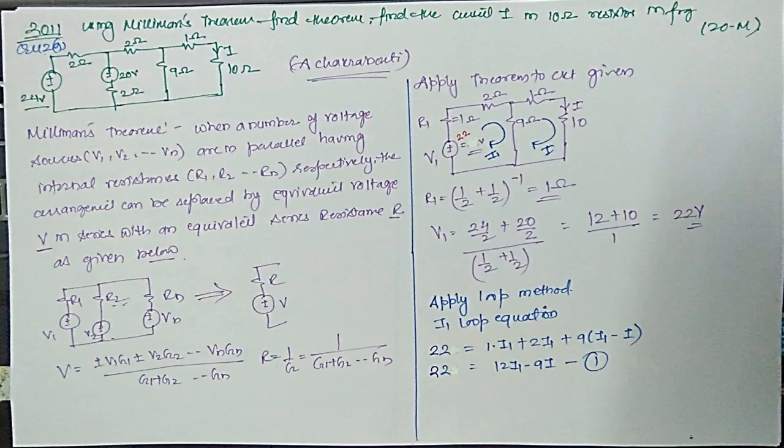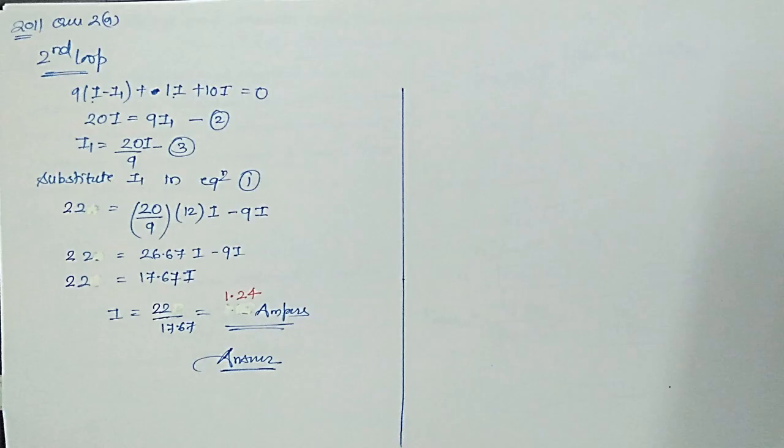Look at the question first. It is to find the current I which is flowing in the 10 ohm. Right? So that is 1.24 amperes. So that's done. And please don't forget to highlight the answers when you are writing for such kind of examination. That is very important. So keep a different coloring pen with you, and just highlight that one with a box like this.